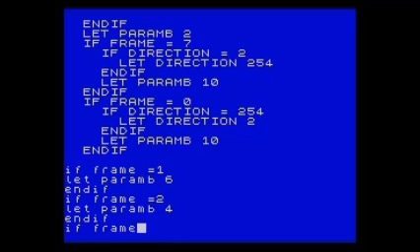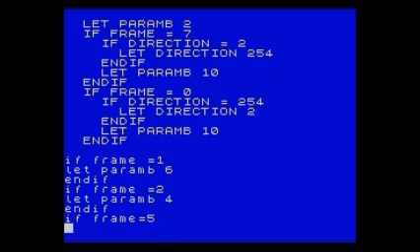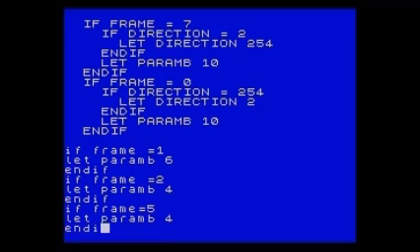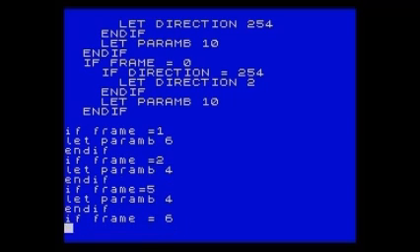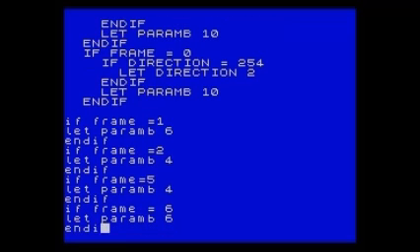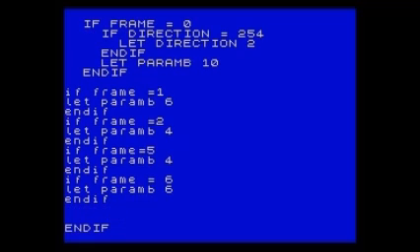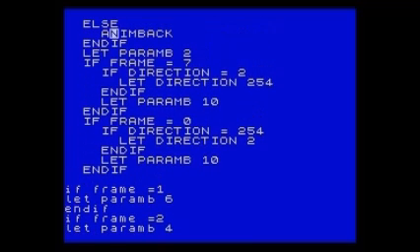and following that we are going to look at frame 5, because we've already got param B 2 as our default, so we don't need to do anything for frames 3 and 4. So for frame 5 we're going to set param B the same as frame 2, which is a 4. Frame 6 is going to be param B 6, and that means we've now got a param B setting for all the frames. As you can see there, frame 0 is 10, frame 1 is 6, then 4, and then we have 2 as the default setting for param B, so we don't need to change those, just saves on if statements basically,